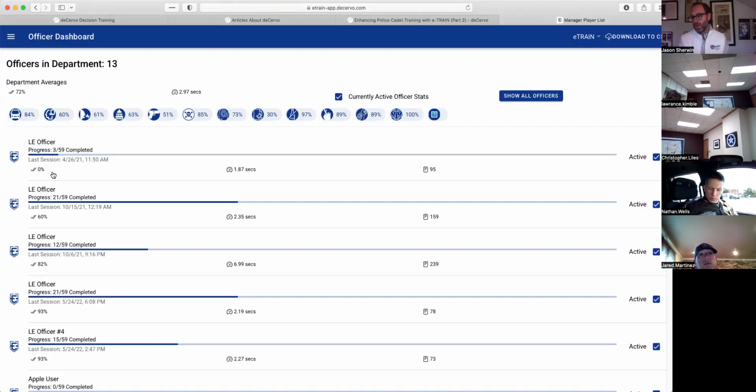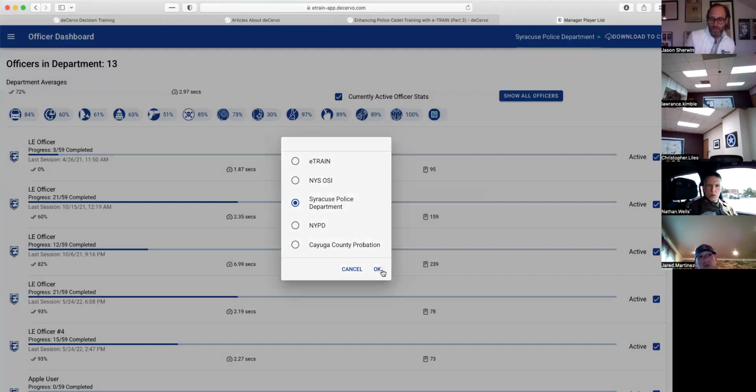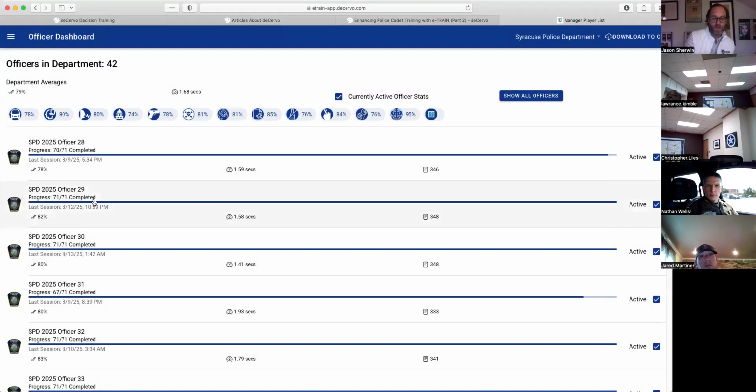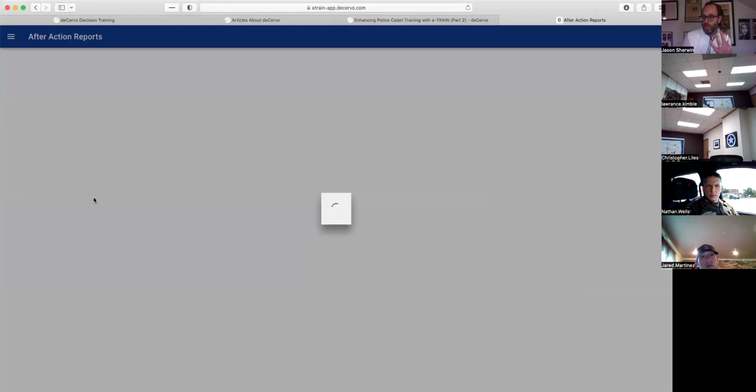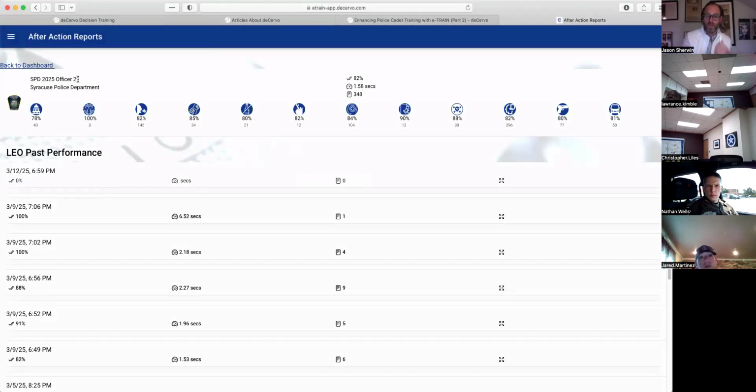when you look at the individual account information, you can identify. I'll use Syracuse because I like talking about them, but you can go to that particular officer's profile, right? Because now you've logged in, that it's Officer 29 who logged in, that it's Joe Johnson who logged in, and you can look at his or her capabilities across all these areas. I knew that his accuracy was good. In this case, it's a few points above the average of the class, and about 100 or 200 milliseconds faster than the average of the class.